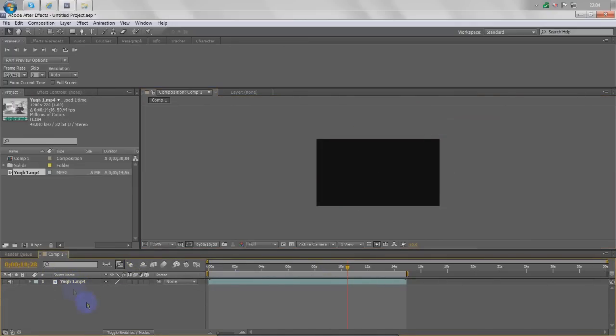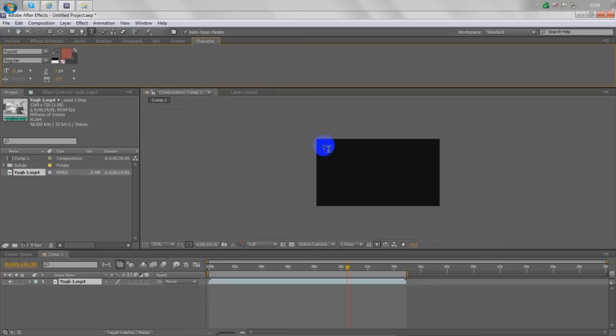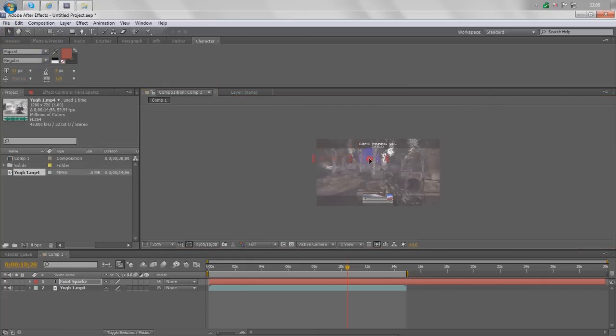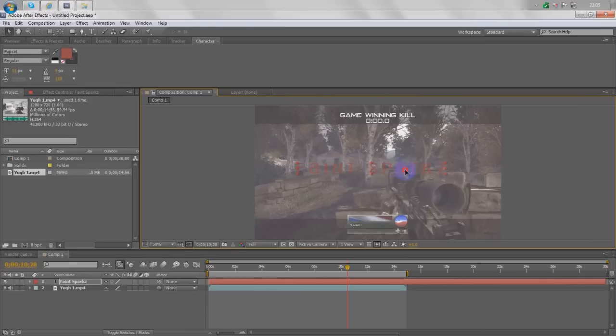So yeah, that's masking. To add text, you just click on this little text button here, just like that, and it'll create a new thing. You just choose where you want the text to be, and it'll create a new one. Like that. So, for instance, Sparkz, like that. So, obviously choose the font you want,